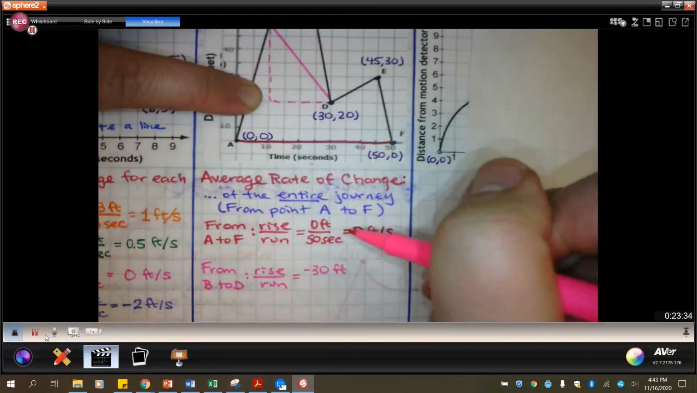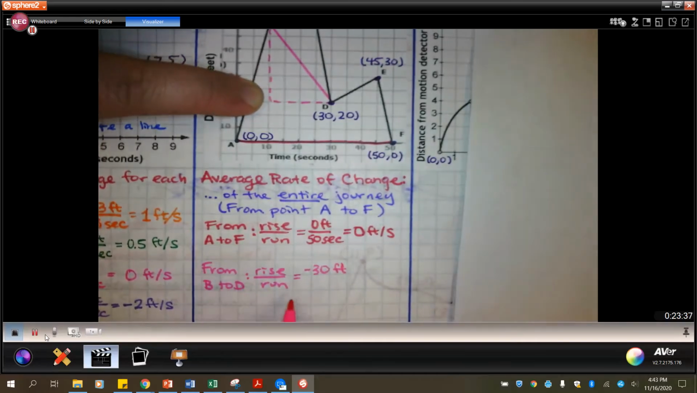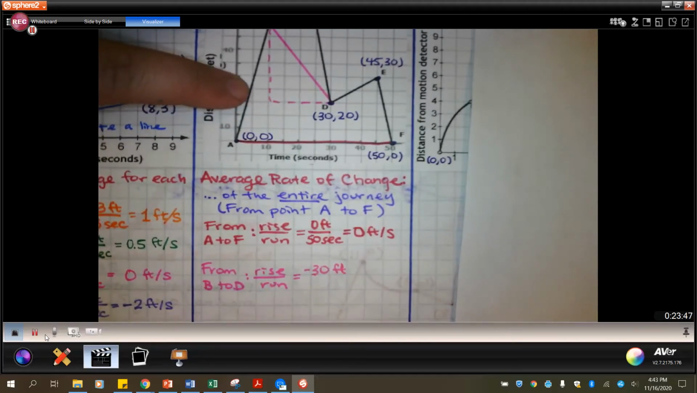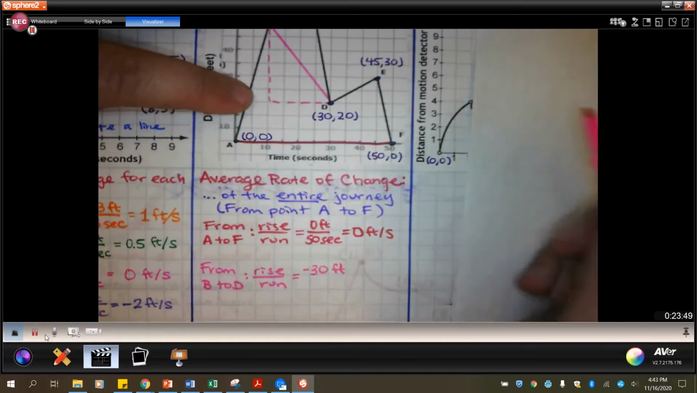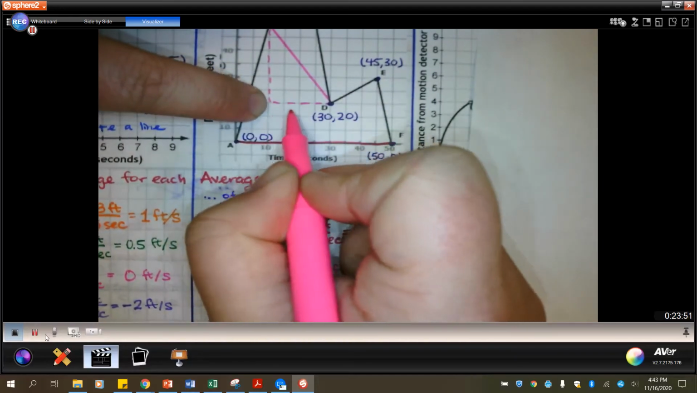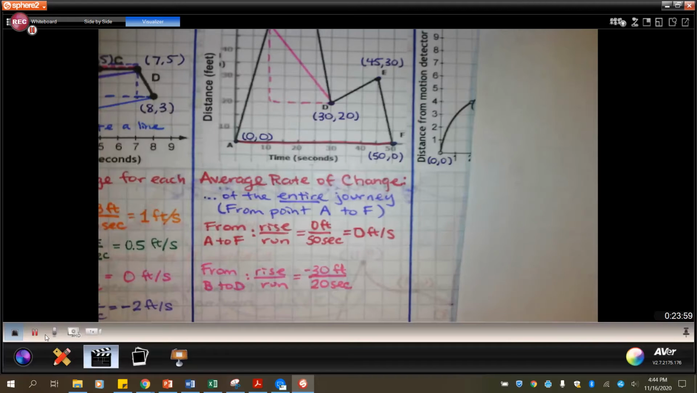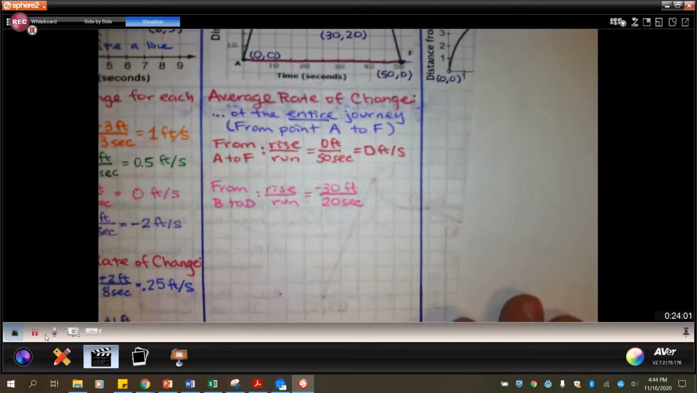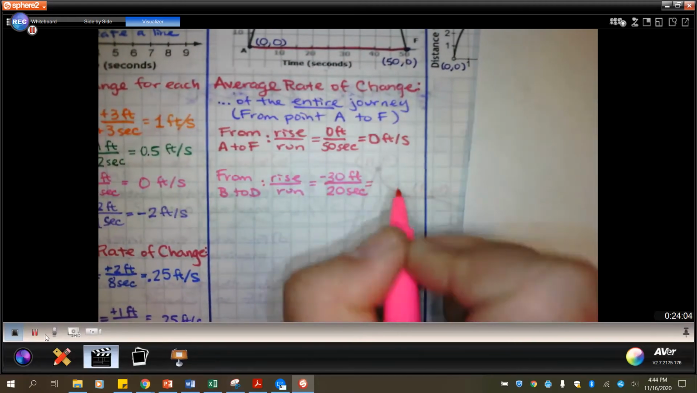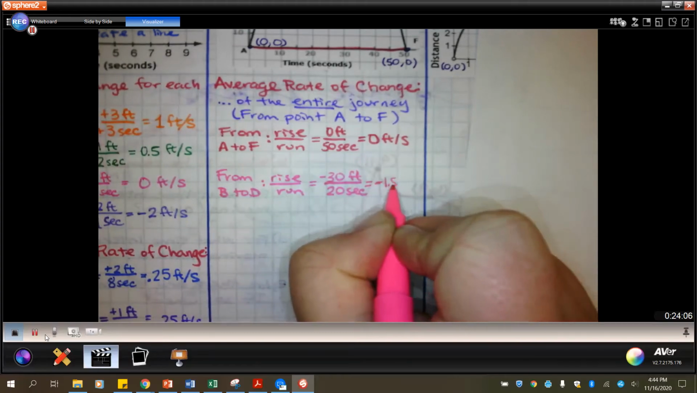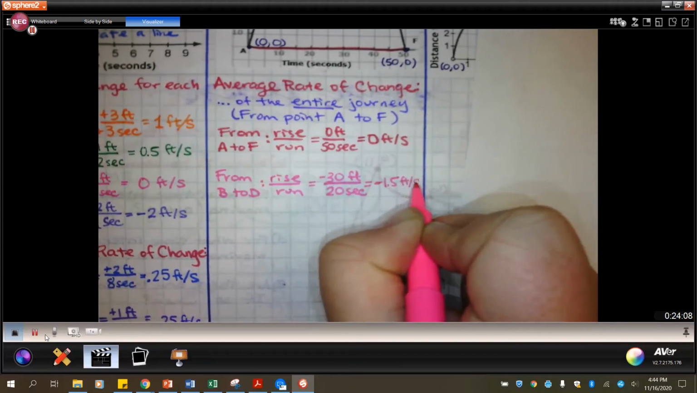I know what you're thinking. How do you have a negative distance? It's not negative as in like you owe someone 30 feet. It's negative as in it's a direction. It's going down or toward if this is the person's house. And then how far are we going over? 5, 10, 15, 20 seconds. Okay. And then if you use a calculator or you just know it, that is negative 1.5 feet per second,